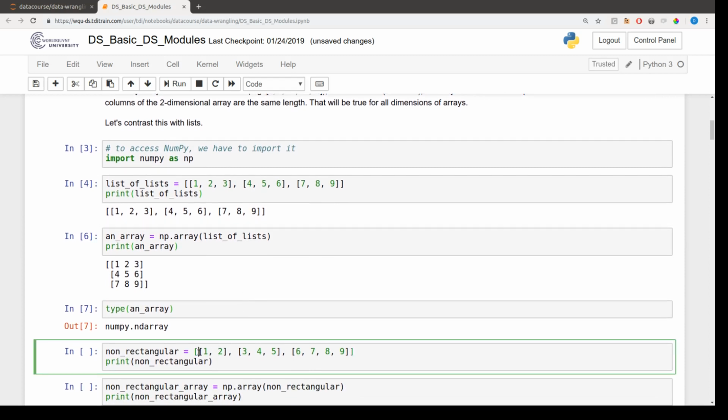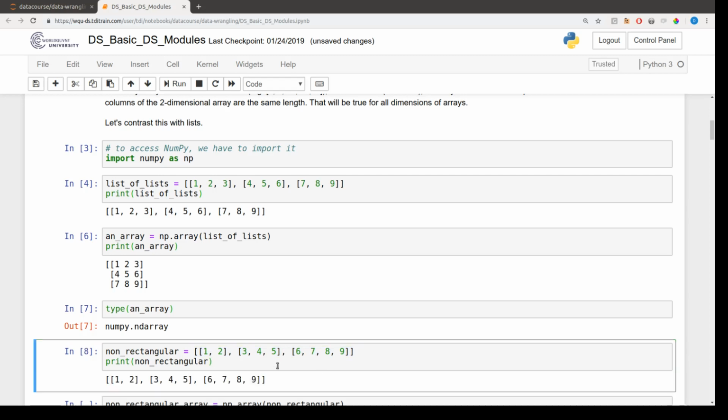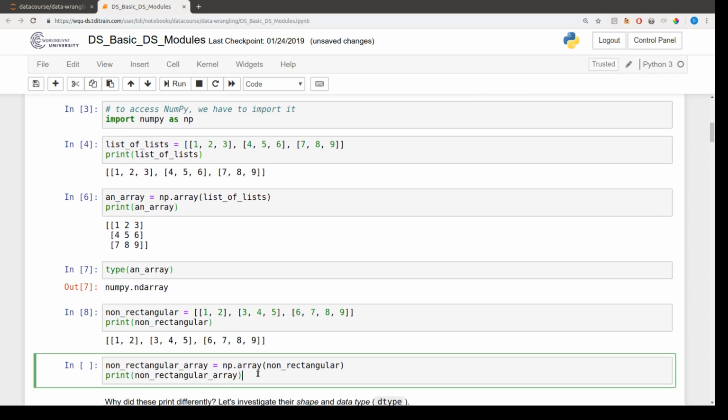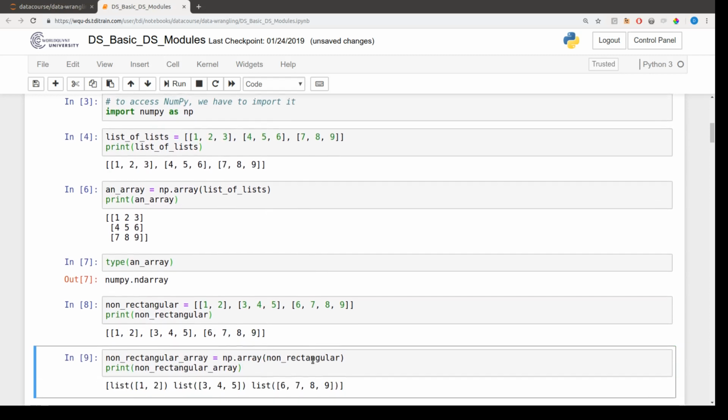So this is in contrast with lists, which have no definite shape, say. So it's not a problem, for instance, to define some non-rectangular object as a list of lists. So we could have a list of lists where each inner list is a different length. Not an issue. But what happens when we try and turn this list of lists into a NumPy array is